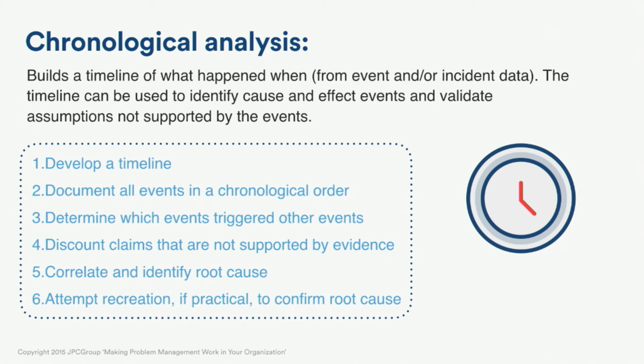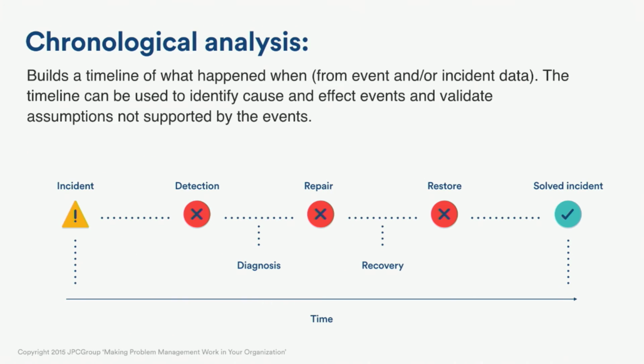Again, we want to get it back, but what did we do so we can actually go figure out what happened and prevent it from reoccurring? Or perhaps learn what we did so if it happens again, we can get that service restored much quicker. Know what's going on. Chronological, again,